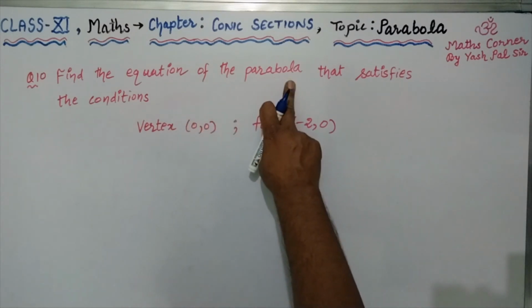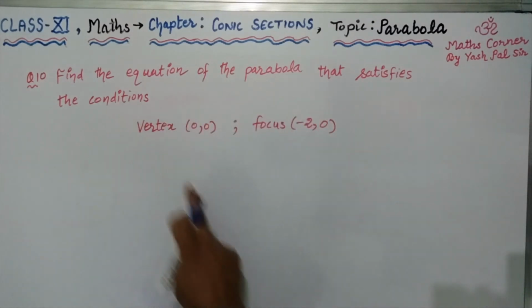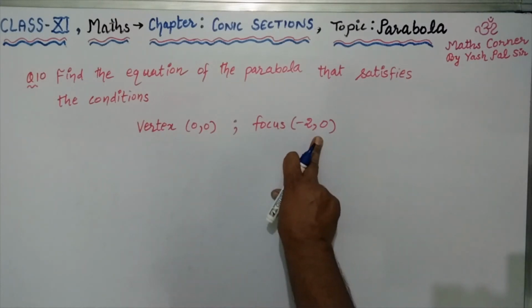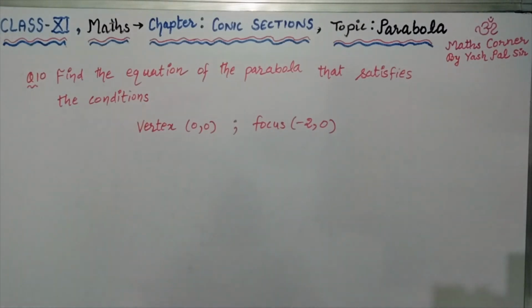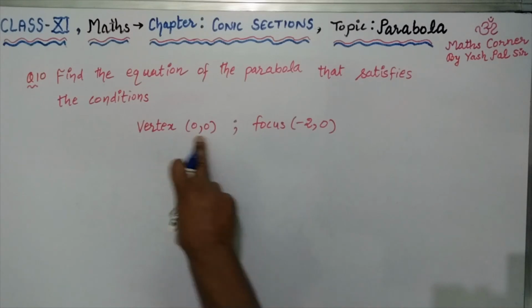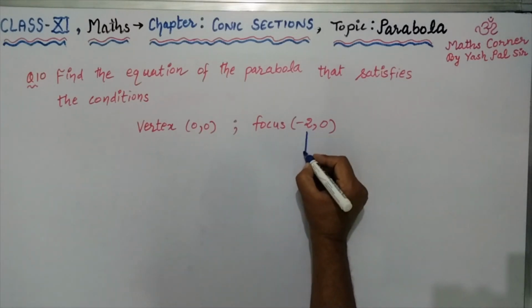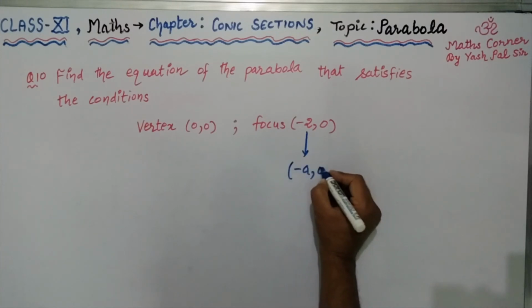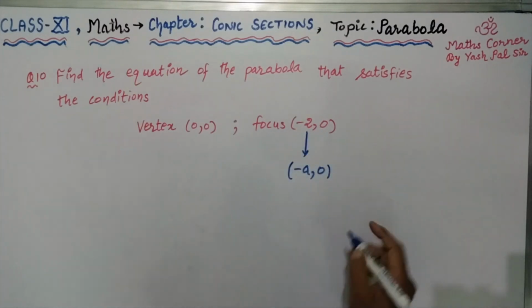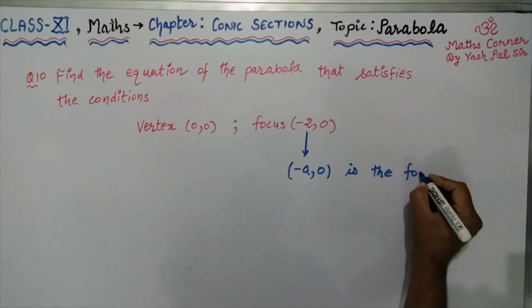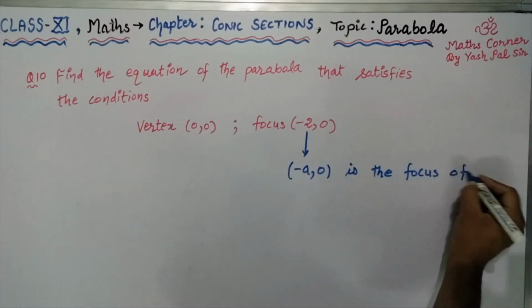Next question. Question number 10. Find the equation of the parabola that satisfies the conditions. Vertex is (0, 0). Focus is (-2, 0). Again, nothing to do with this vertex, because in every type of parabola the vertex is the same, (0, 0). Now the focus. Comparing this focus with (-a, 0), because minus is here,